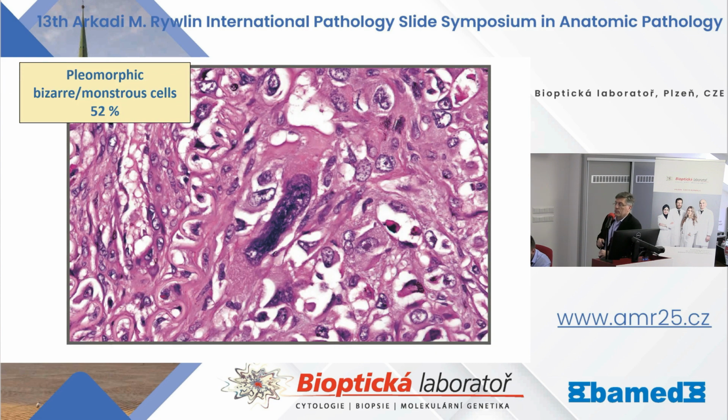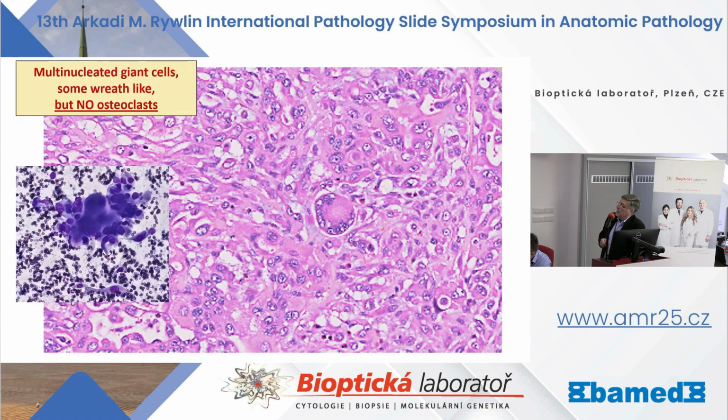Here's another example of very monstrous large nuclei of several cell size. Some of these monstrous cells have a more wreath-like configuration that you'll see in, for example, Ki-1 lymphomas, but please make sure these are not osteoclasts, because osteoclastic type giant cells do occur in sarcomatous pancreas cancers, and that's a totally separate entity. Those really look like conventional osteoclasts, whereas what we have here is pleomorphic, very